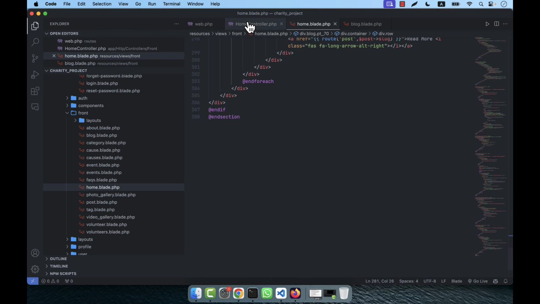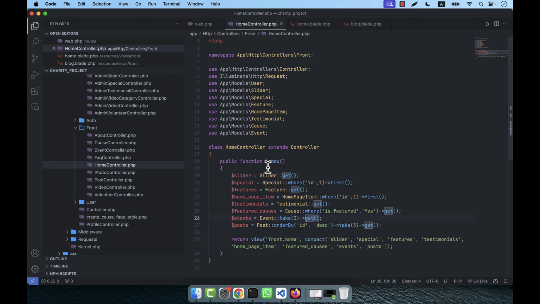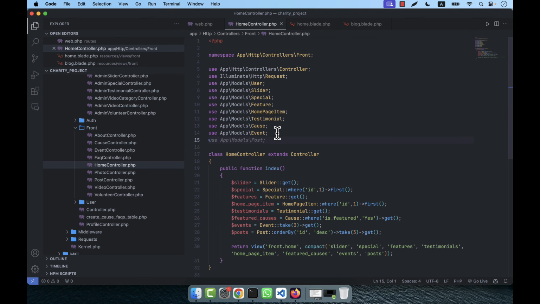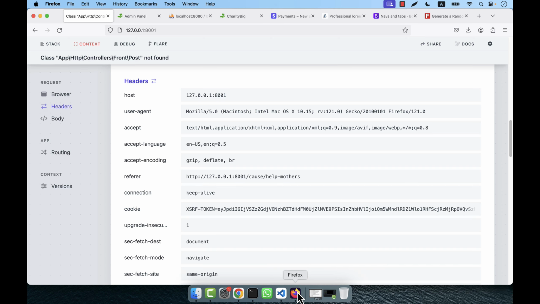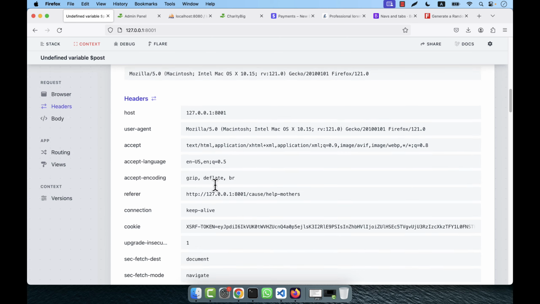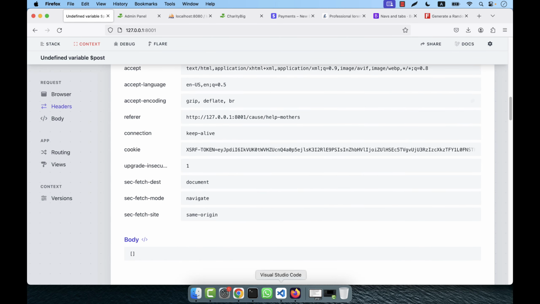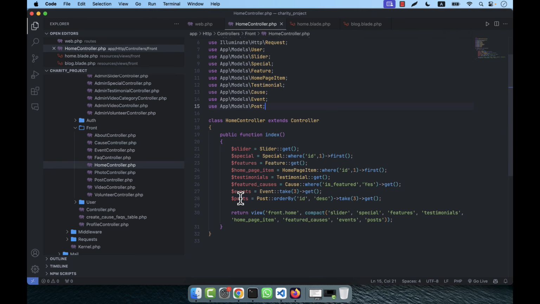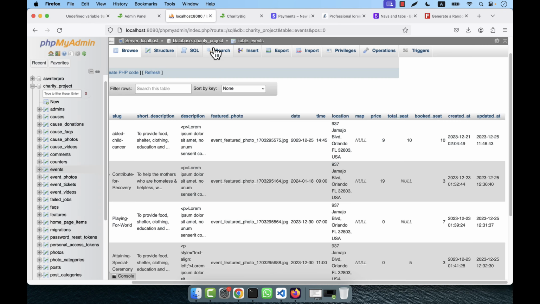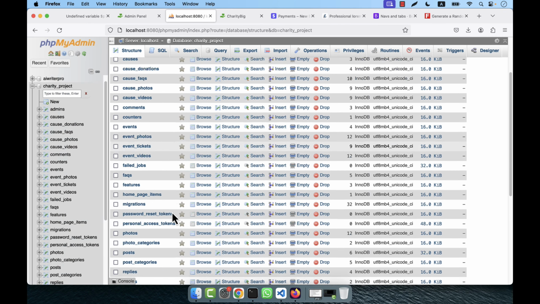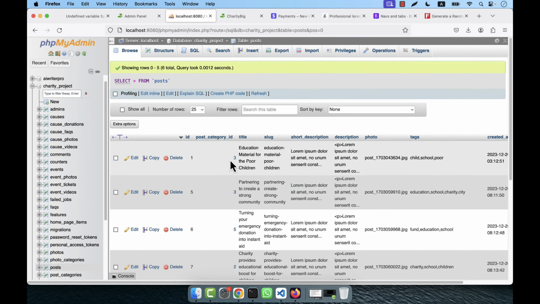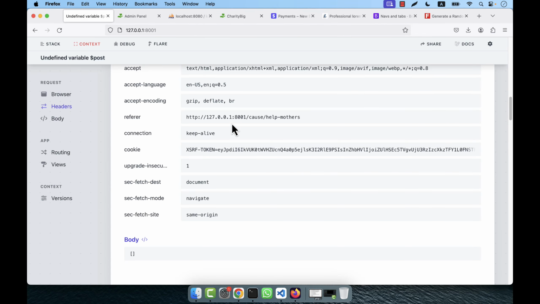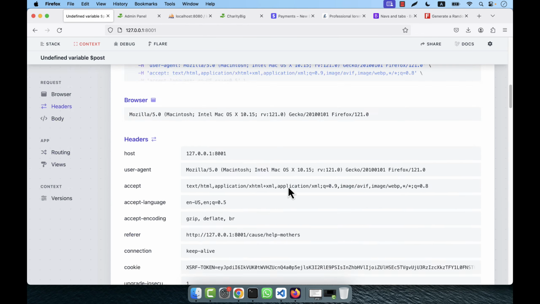That means in the home controller I called the post, but here I did not define it. So here I add App Models Post. Now refresh. I am going to check what happens. Posts equal to Post of, what is the table name? The table name is, I am going to check it again. This is posts, yes, that is okay. Undefined variable where